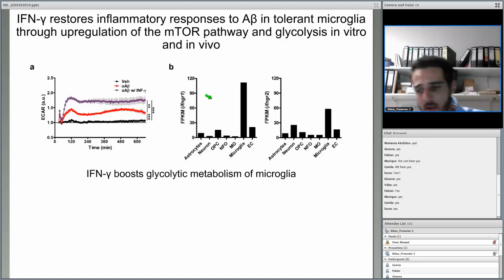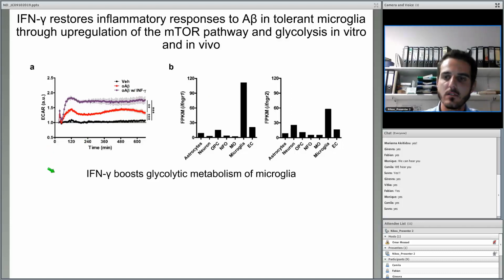Now, one missing control from this experiment is what happens if you just give interferon gamma to the cells without any exposure to the oligomeric A beta. You should expect an increase in glycolysis either way. So my question here is whether what you see here is just a masking effect, and the oligomeric A beta doesn't really play a role, but rather the interferon gamma just masks everything due to its potent activation